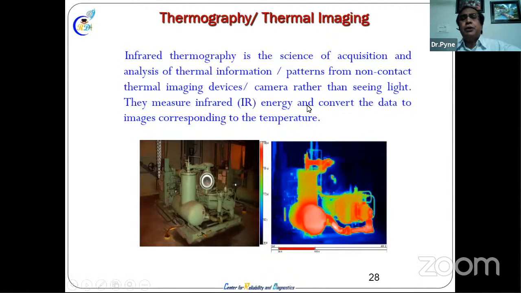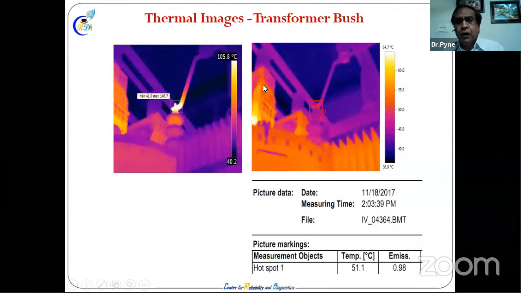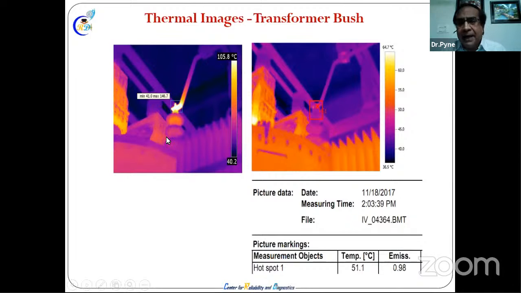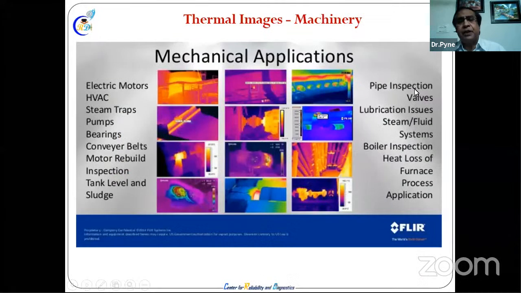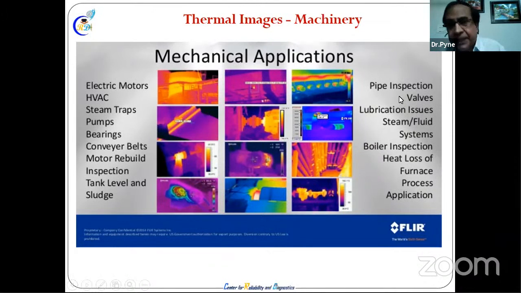There is a technology issue, instrumentation, no time to discuss all this, it just gives a thermal image. You might have seen thermal imaging nowadays for corona at different airports. It is all thermal imaging, and the same technique is going on. Here you can find the high temperature, and after correction you get the low temperature, 51. Earlier it was high, 105. The white means 105, 1046. So that's the different way, mechanical applications, all the applications, bearings, there are maintenance techniques, right?